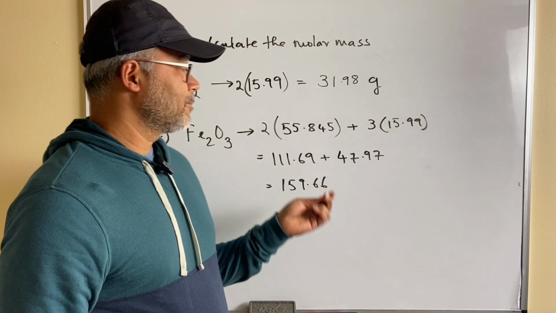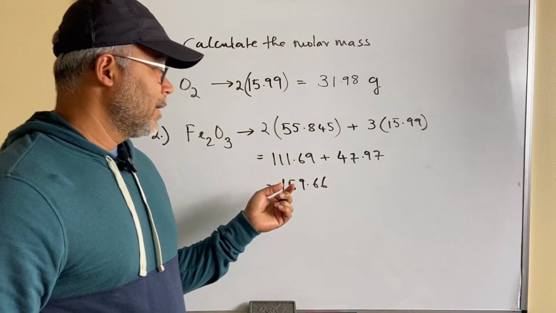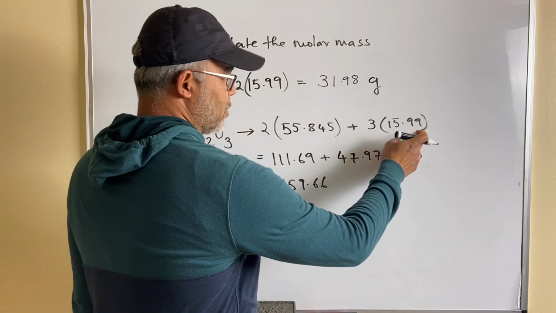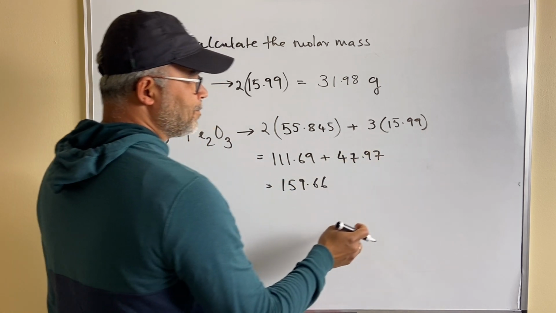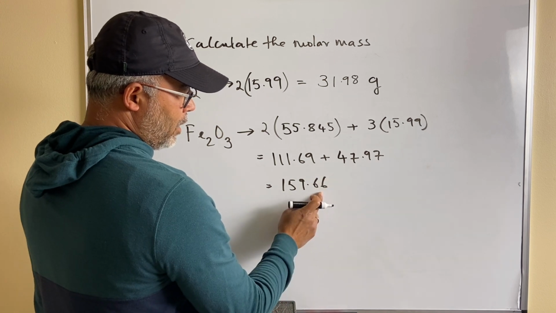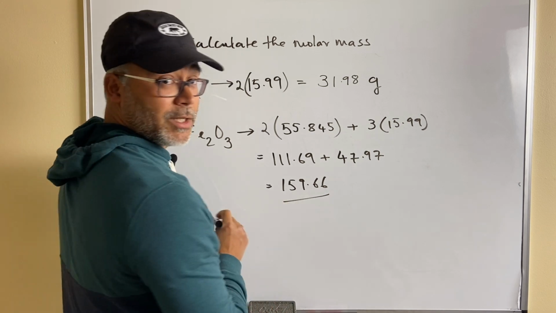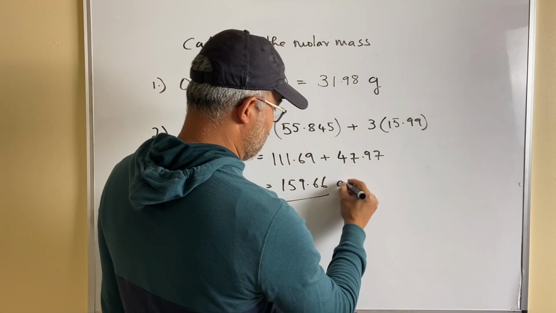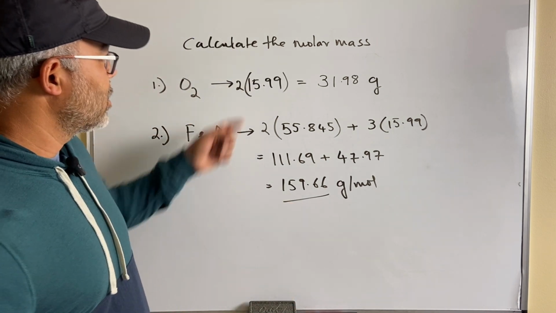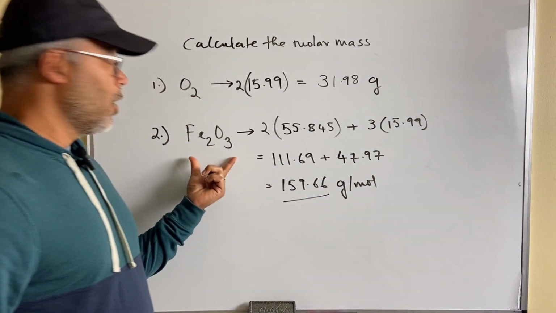Typically, the rule of thumb is you should carry anything from the periodic table to 2 decimal places, and then you can correct for significant figures eventually. So you started off with 4 significant figures, which is the least number here, and you're sticking with 2 decimal places when you add them. So when the rules of addition say you stick with the same number of decimal places, 159.66 is the correct number, and that is grams per mole. Notice carefully how I wrote grams. We're trying to calculate the molar mass, so these many grams is the mass of 1 mole of Fe2O3